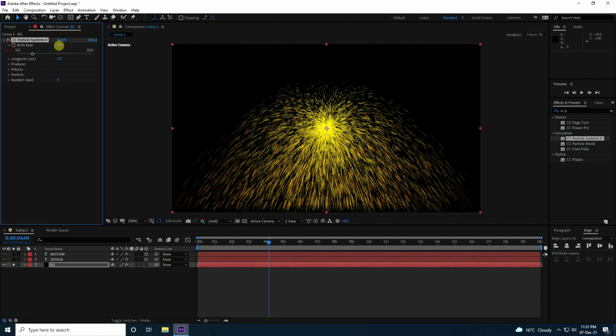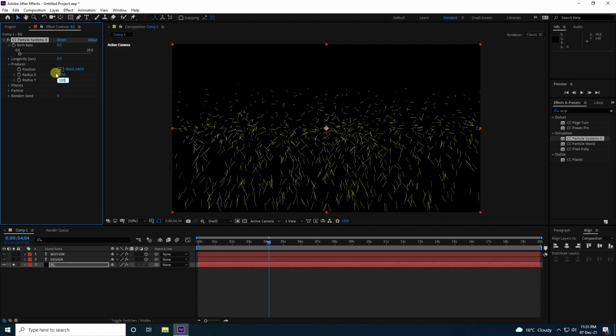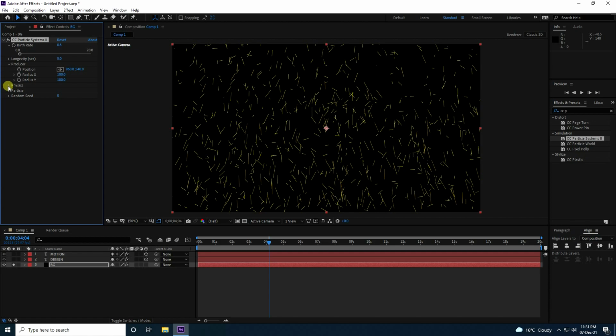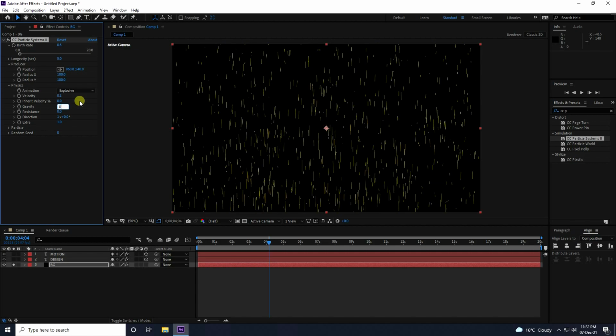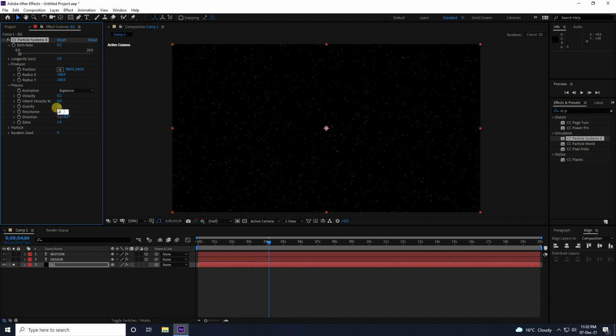Birth rate I set to 0.5, and longevity 5 is good. For the producer, increase the radius to 100 and 100. In physics, velocity 0.1 is good, gravity 0, and resistance a simple 1.